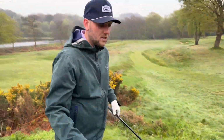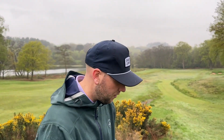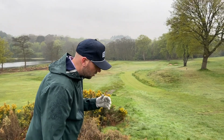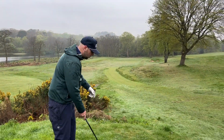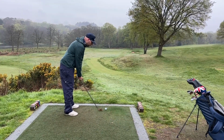There's grass on the face there from a previous shot, so we want to take that off to start with. We also want to be drying your club. In these kinds of conditions, the best thing you can do is have a dry club face and a dry golf ball. What we'll see from a golf ball in these conditions, if we don't dry that, and again, same with the club face, is if I make a normal swing here, even with a premium golf ball,